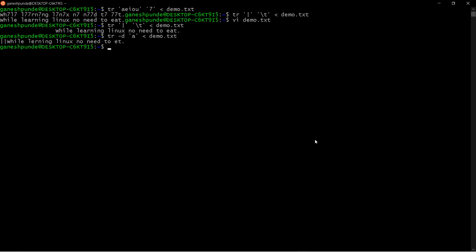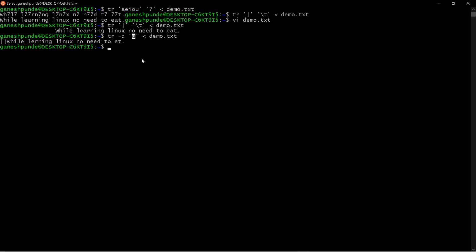You can see now the a is deleted by using this d flag. The d flag stands for delete. So if you want to delete a character present in the text file, you can use translate -d and whatever character you want to delete.